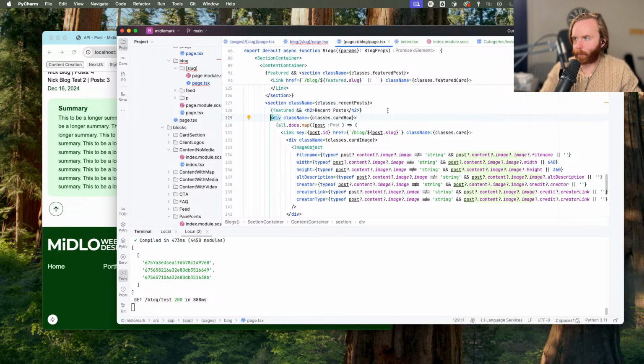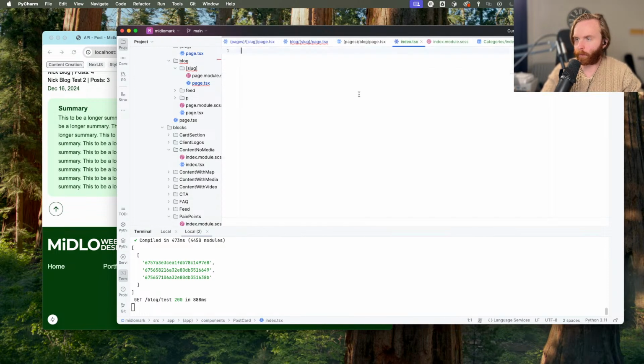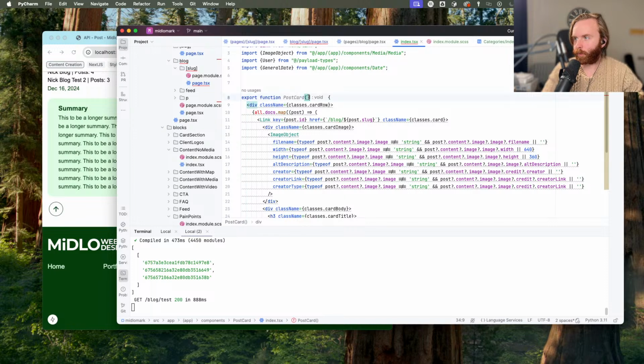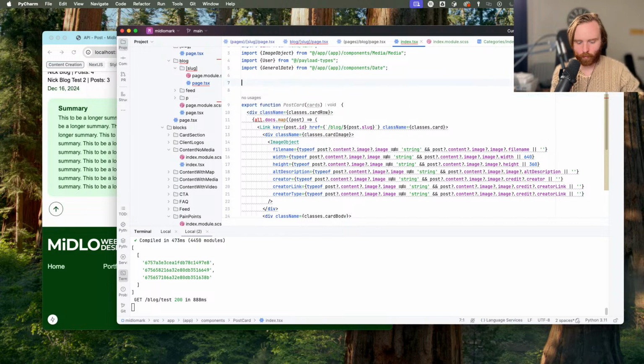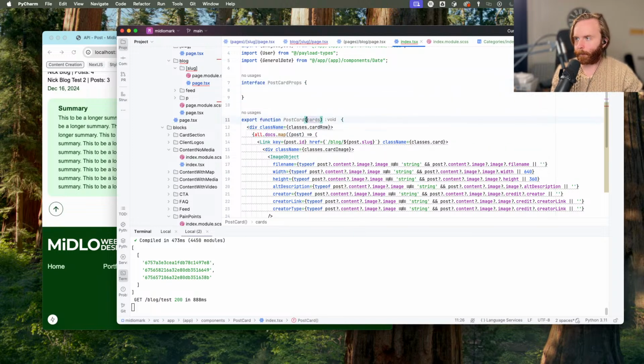Starting here, we've got our recent posts that are going to be in there. So we're going to take all of this div, and copy that into our index. First we're going to export a new function called postcard. Open that up, and then we're going to have this accept a card. And so we're going to have interface postcard props, which are going to include